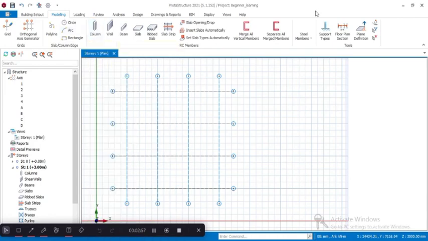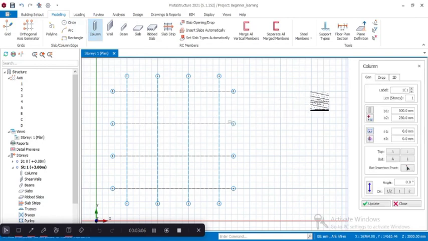So let's start with the column. Pick RC column icon. This is our column icon. So we are using the default size. The default B1 and B2 is 500 by 250, and E1, E2 is as shown below. So E1 and E2 is 0, 0. E stands for the eccentricity. So if you want to move it away from the center, you want to move the center away. And then B stands for